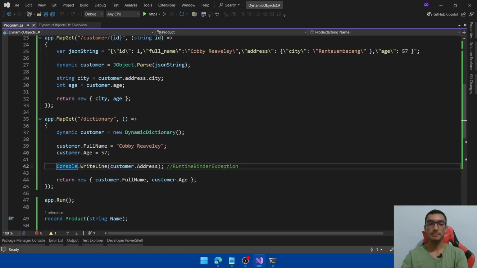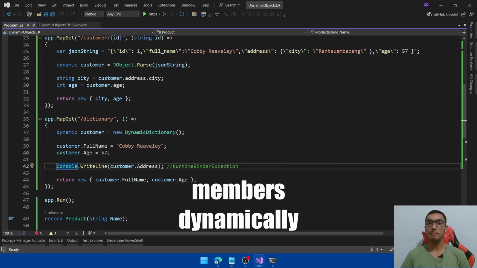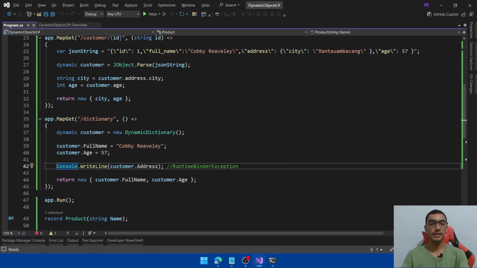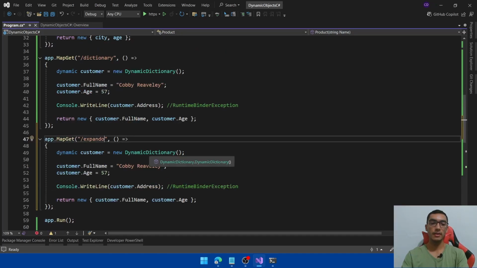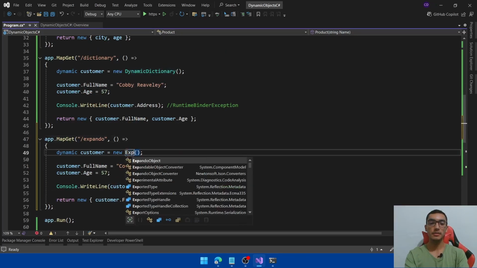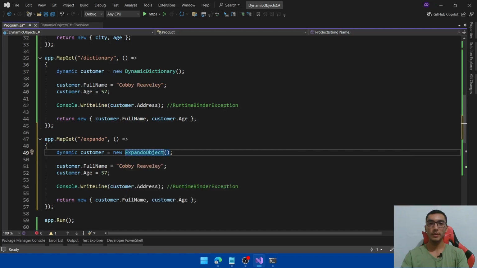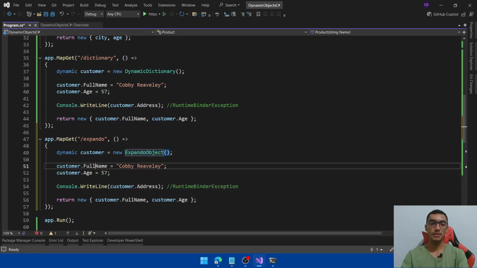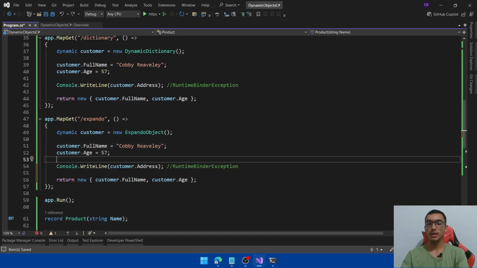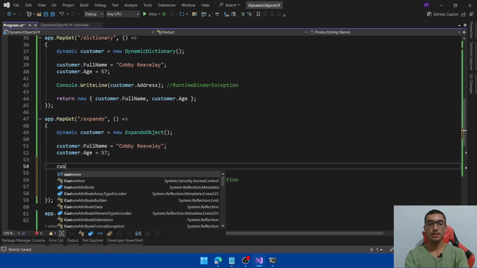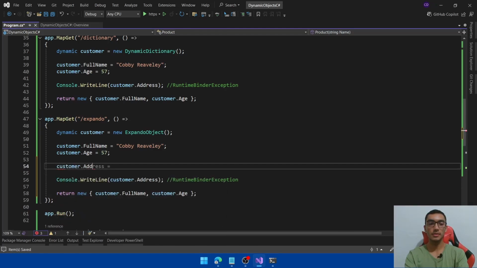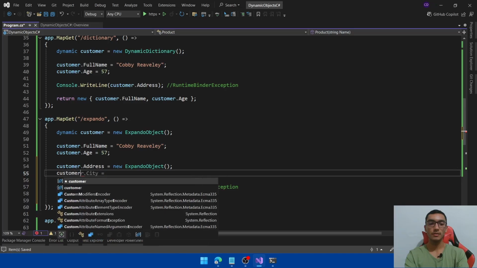Stop the API. The ExpandoObject class allows us to add or remove members dynamically. So create a new endpoint called Expando, and instead of using the custom dictionary, we'll create a new ExpandoObject, and we'll add dynamically these two properties, the full name and the age. And we can also add nested properties dynamically. For instance, if we want to create a new address property, we'll create a new ExpandoObject, and for this we'll